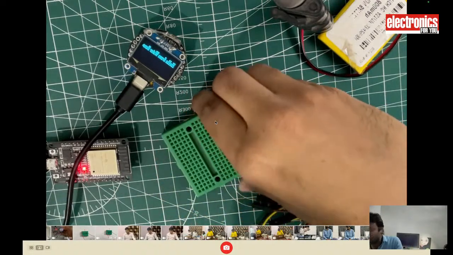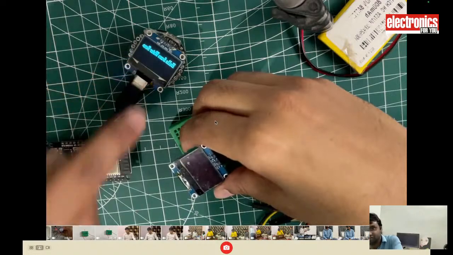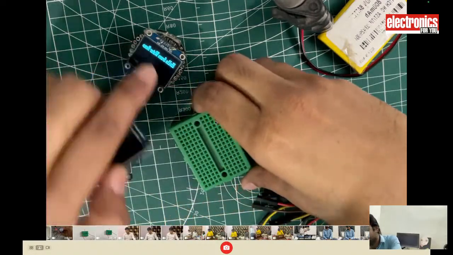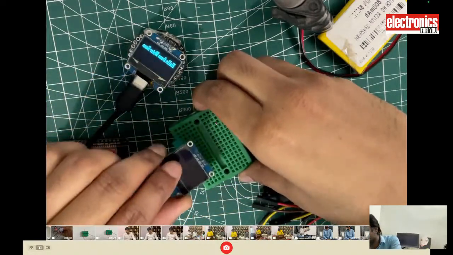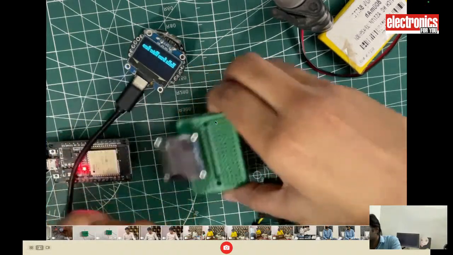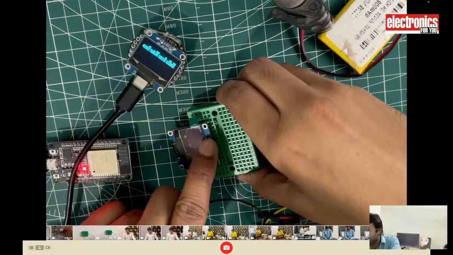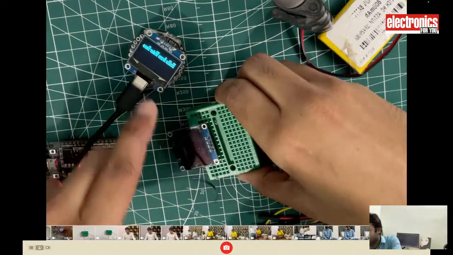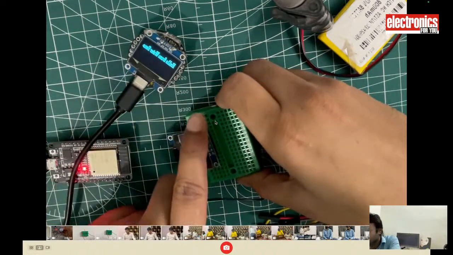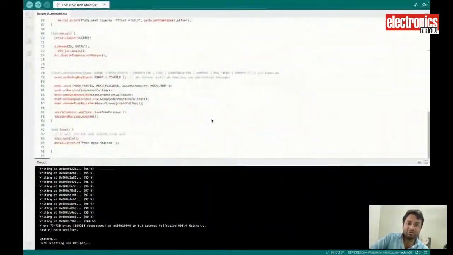So how you need to connect this OLED display for showing the data from this node, the sensor node, that is being transferred from this. You just need to connect the VCC pin of the OLED to the 3 volt, the ground pin of this OLED display to the ground pin of the Indus board, SDA to pin number 8, and SCL to pin number 9. You can check the pinout of the Indus board here,